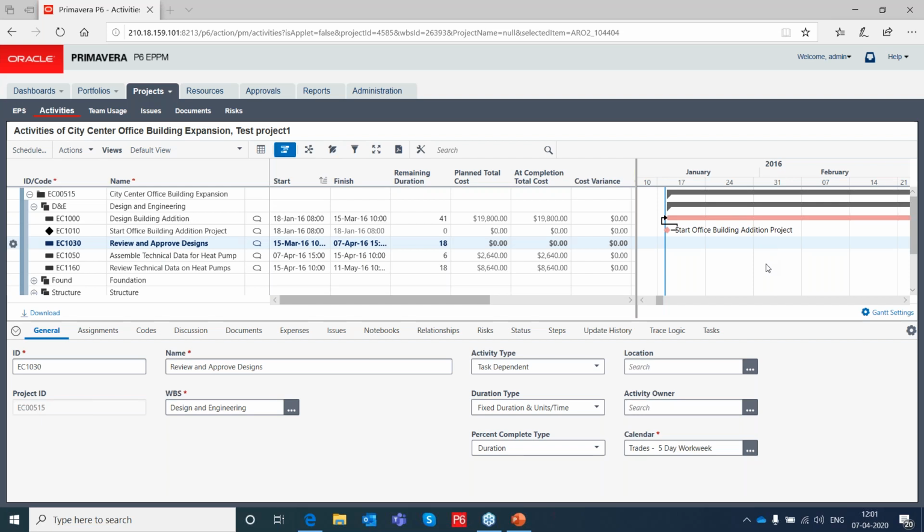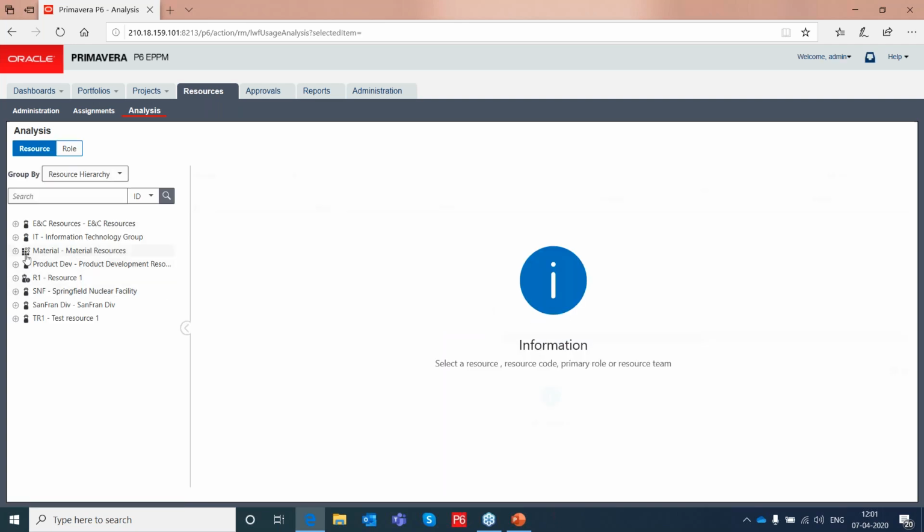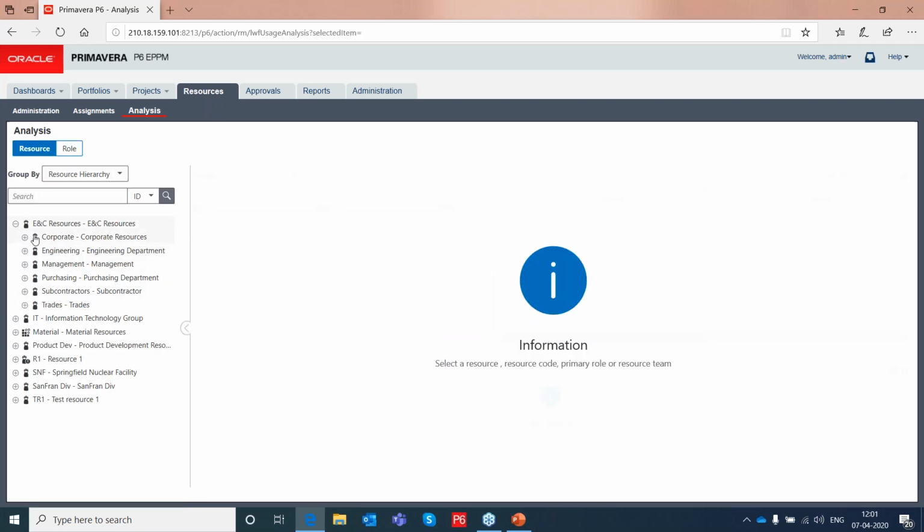Can we use a single resource to the multiple projects? Yeah, you can do that. Okay, then how do we do that resource analysis? Go to the resource tab, analysis.